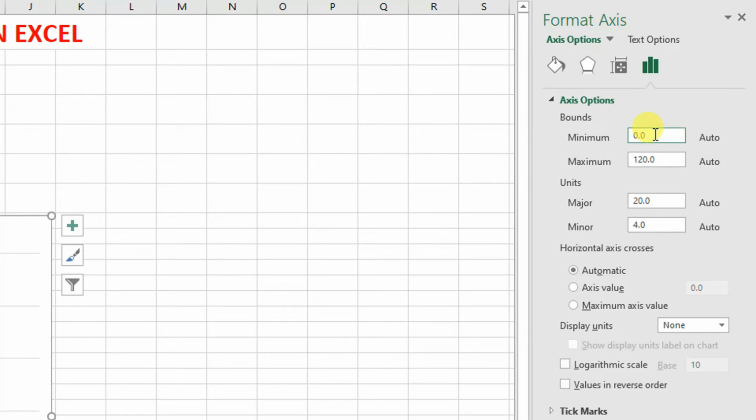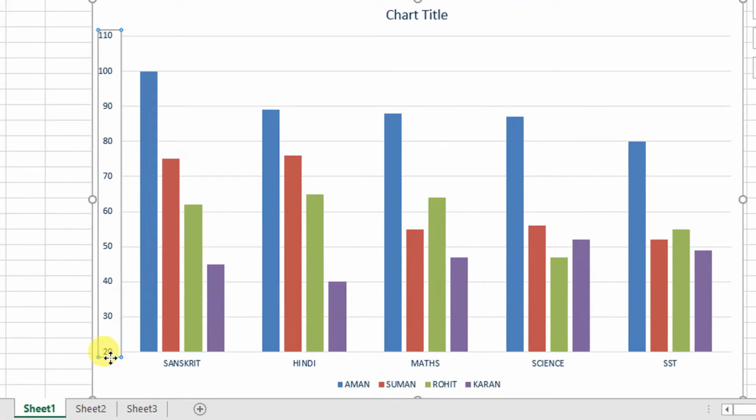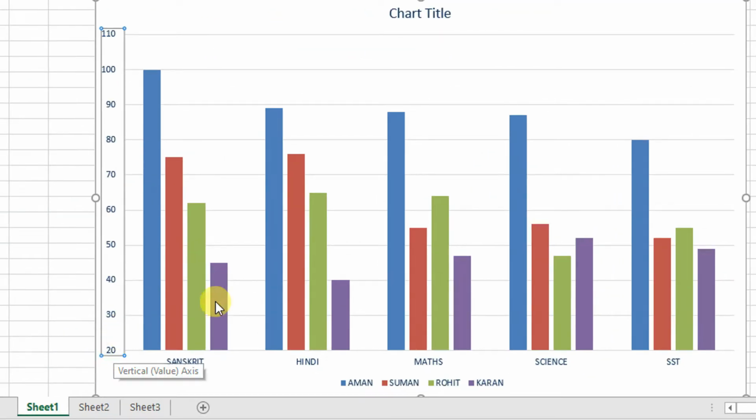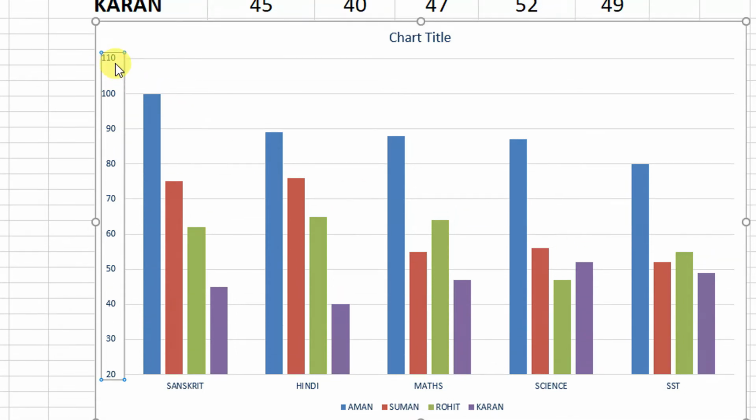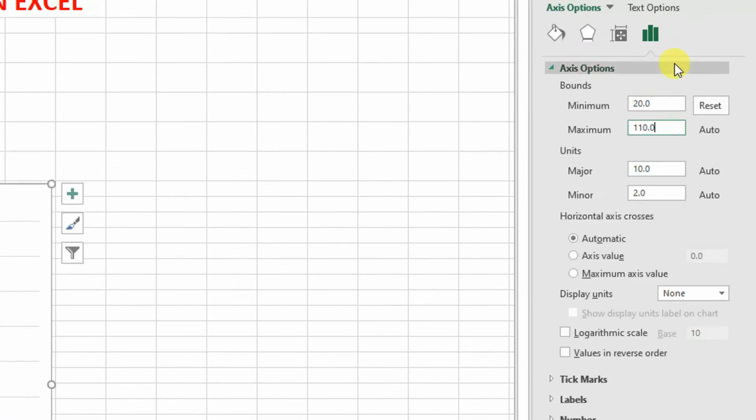By default the minimum value is 0. Now suppose I want the minimum value to be 20, so I will write 20 here. Now if I click on the next text box, you can see in the chart area the 0 becomes 20. Now the maximum value is 110. Suppose I want the maximum value to be 150, so I can change it from here.